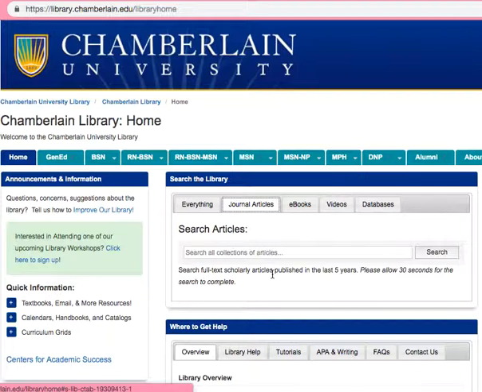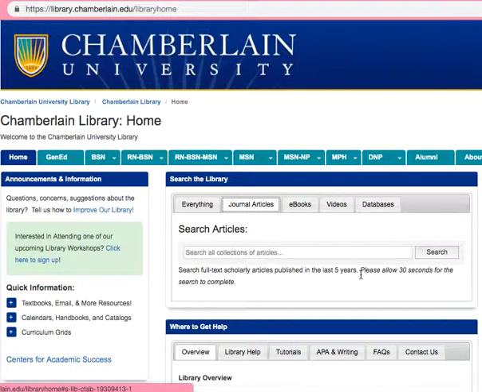journal articles. In fact, Chamberlain has taken an extra measure here to limit your results when you search in this box to things written by scholars in the last 5 years, because that's important, especially in APA. If you've ever noticed how APA uses the year in the in-text citation, that's their primary focus, because when it comes to, well, in the case of the American Psychological Association, up-to-date, current, recent research holds much more weight than